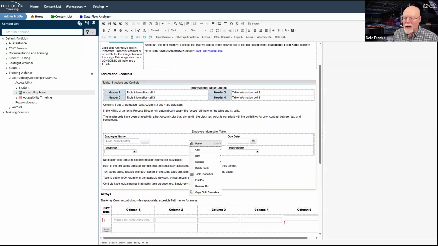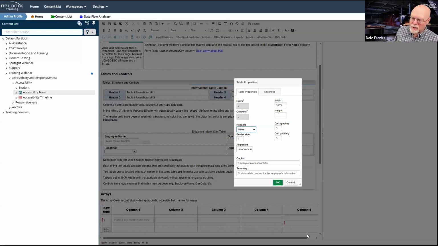When we are creating tables, and this is the default in Process Director, so that's good, we want to set the width to 100%. I haven't gotten there yet, but one of the things that we really want to try to avoid doing is requiring users to scroll horizontally on the page.